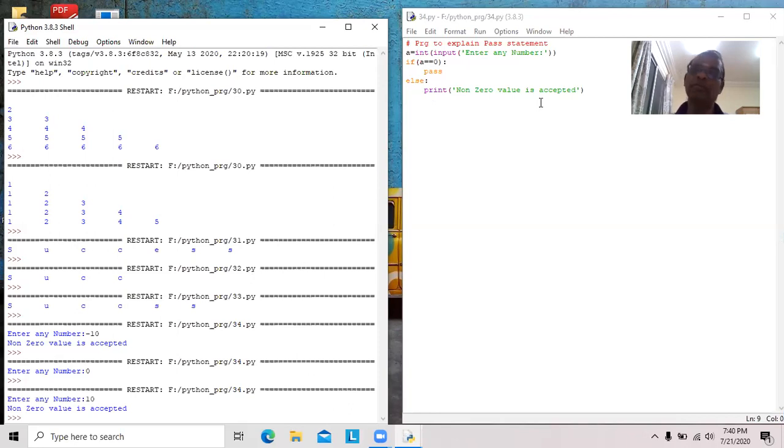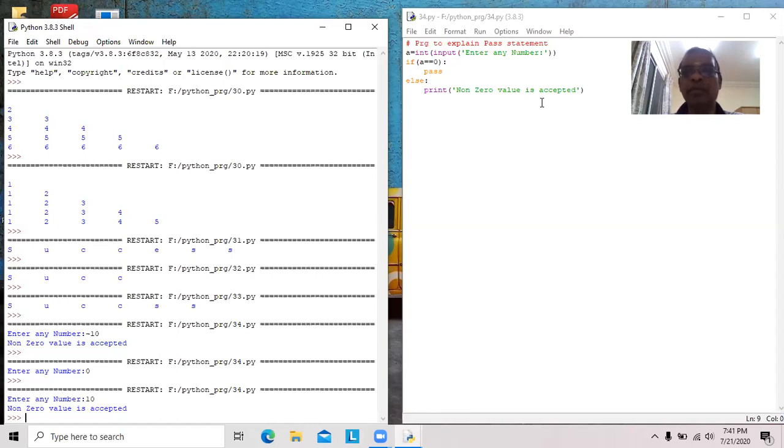Today I stop here itself. In this lesson, we studied about nested loops. A nested loop is nothing but one loop containing another loop. Otherwise, we can call it one loop lying inside another loop. Then we studied about jump statements. Jump statements transfer the control from one part of the program to another part unconditionally. There are three statements. One is break, second is continue, third is pass.